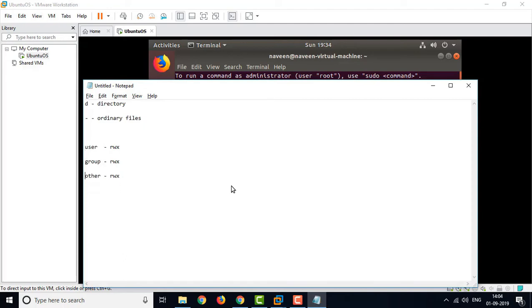So r means read, w means write, x means execute. These are the different file permissions. If you have all of read, write and execute, it means you have full permission on that file. Either you can read whatever is written in that file, or modify its content, or execute that file.